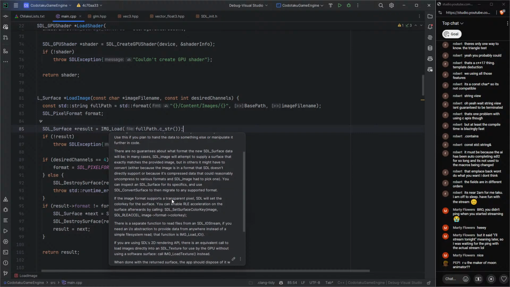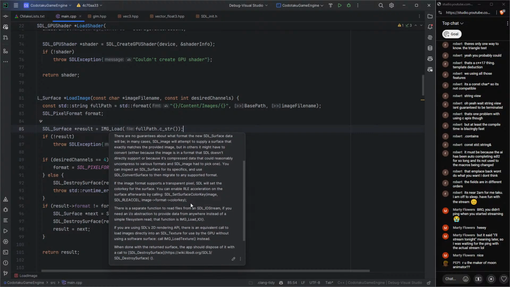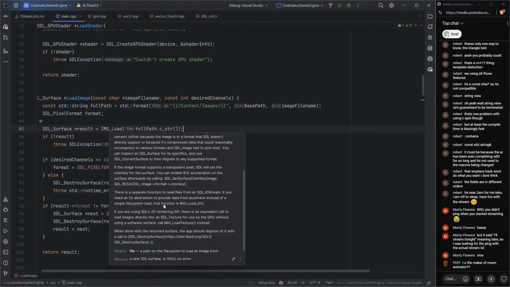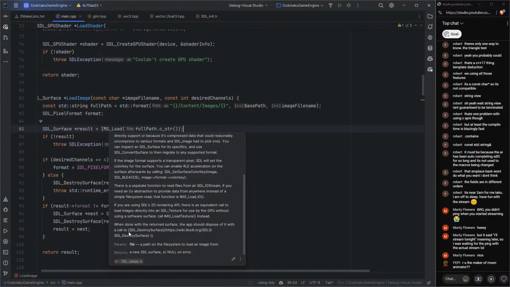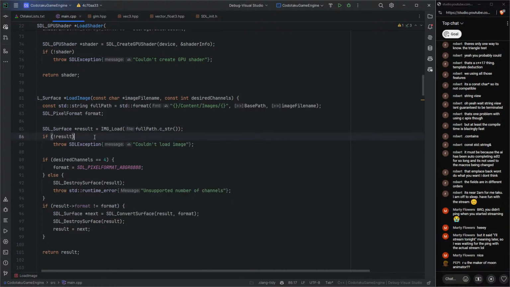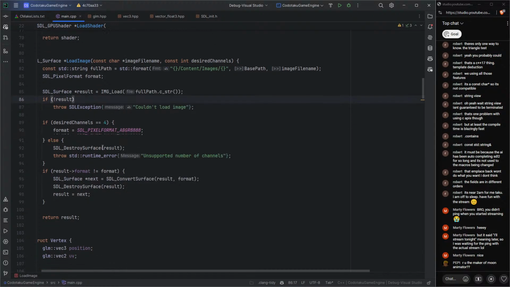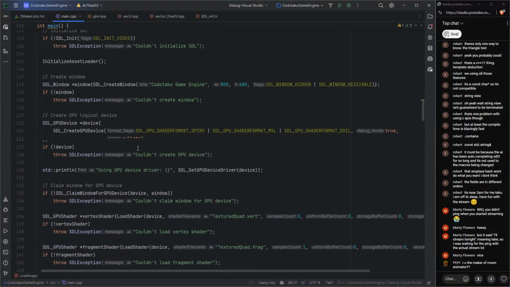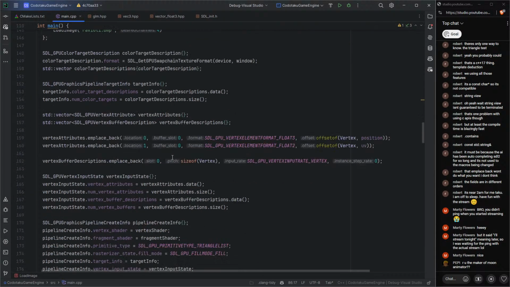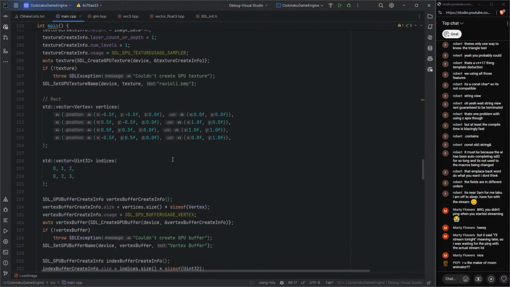Okay, let's see. Load the image directly to an SDL texture for use by the GPU without using... Oh, but that's for the 2D rendering API, not this one. Okay, cool. So I think this should really solve the problem, and then instead of ravioli or whatever that's called,